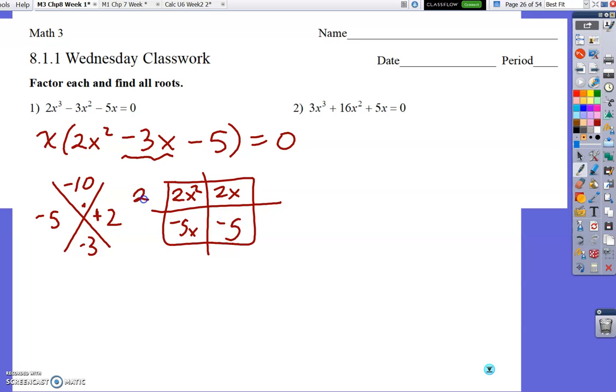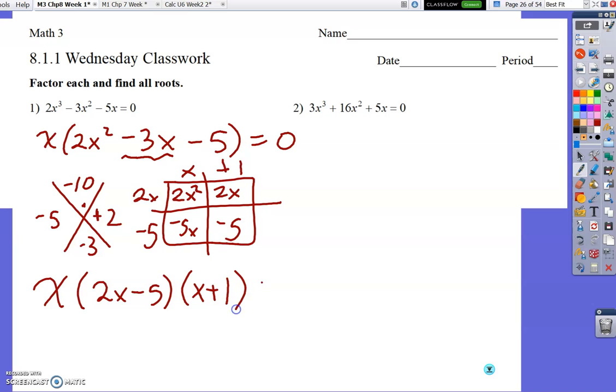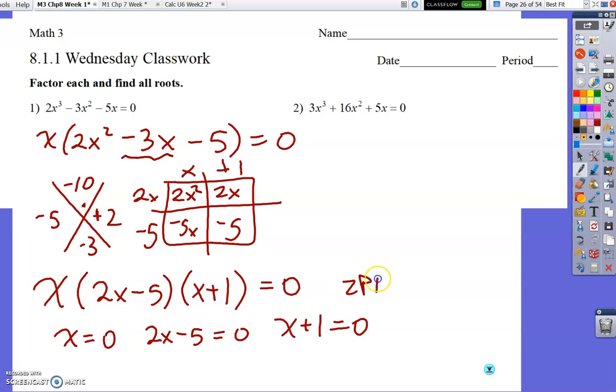So I look for what they have in common, 2x here, x there, nothing, so we'll put a +1 there, and a -5 over here, leaving me with x, parentheses, 2x minus 5, parentheses x plus 1, equals 0, and x is 0, 2x minus 5 is 0, and x plus 1 is 0. I'm applying the zero product property here,